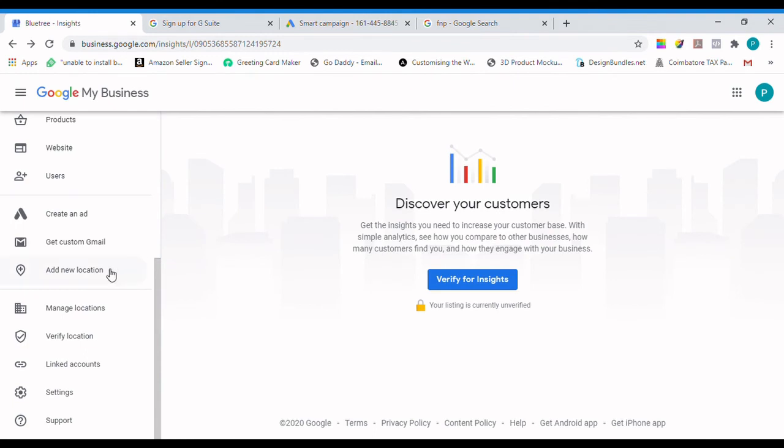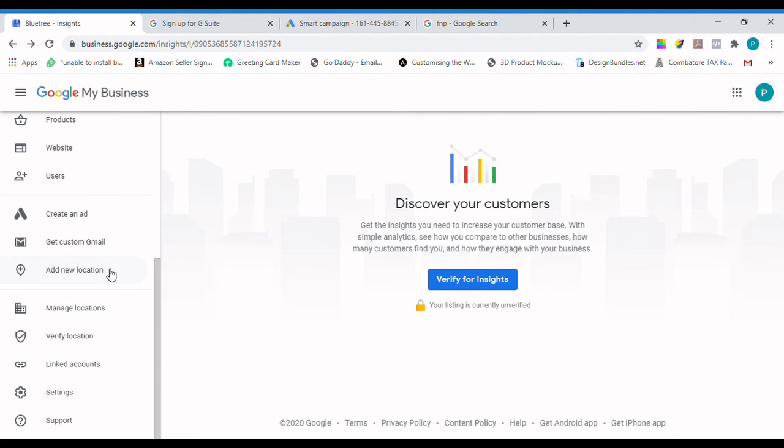And the next one is add a new location. So this means you can manage multiple businesses using the Google My Business tool. It doesn't mean you need to manage only one business. Say for example, I have a restaurant, I have a bakery, and I have a bakery equipment selling company. All this I can manage under one platform.